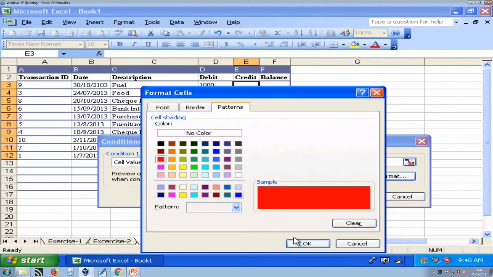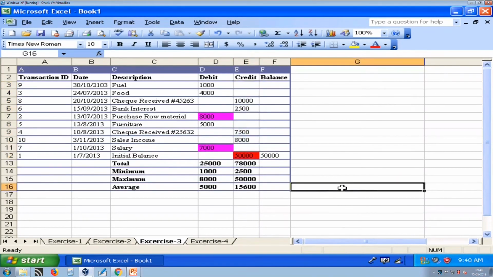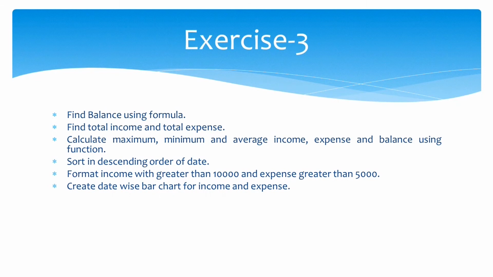So, here is the red background. So, I just simply select red and then press OK. So, here you can see there is one amount which is greater than 10,000 and which is highlighted using conditional formatting.